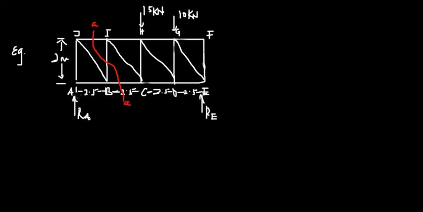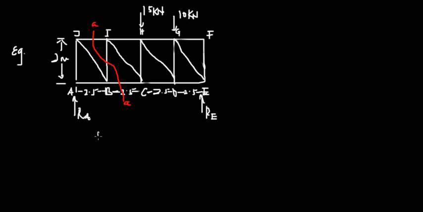So why don't we find RA with these possible dimensions? Moment is the force times the distance. Hence we are trying to find this reaction RA using these distances and these already given